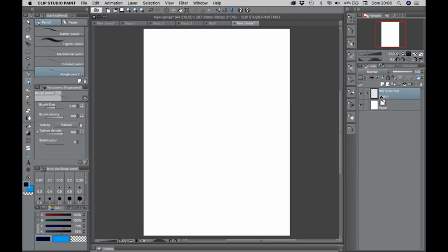This is where we're gonna sketch our page. I want to show you 2 things. So basically, let me take a pencil that is easy to see. Okay, I want to show you how to import